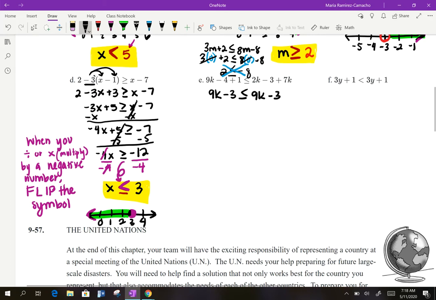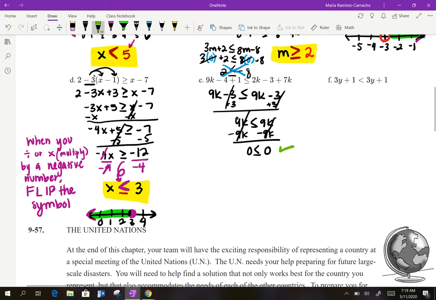You might already notice that I have the same expression on both sides. If I add 3 to both sides, and then I subtract 9k from both sides, I'm left with 0 is less than or equal to 0. Is this true? This is true. This is always true, and